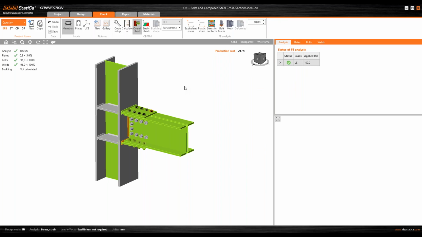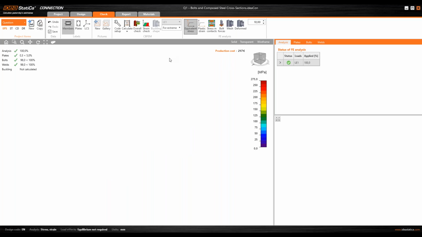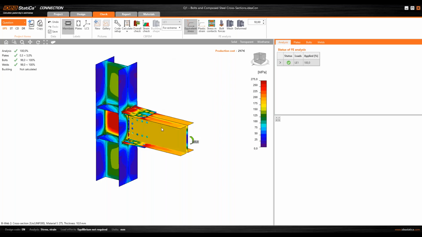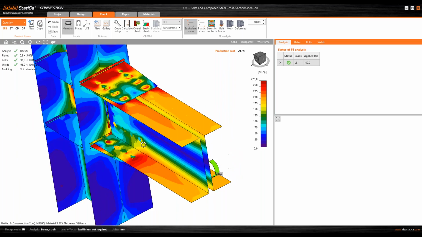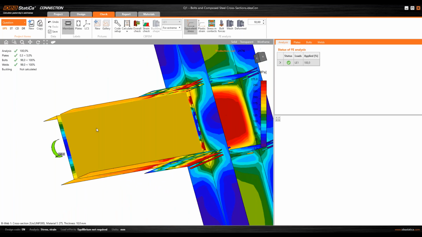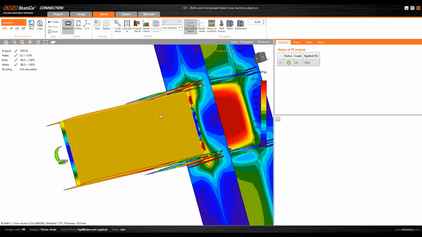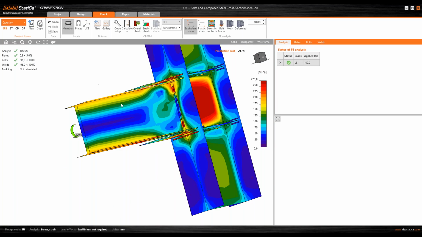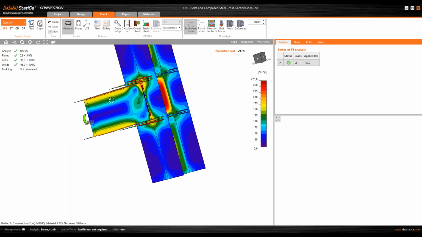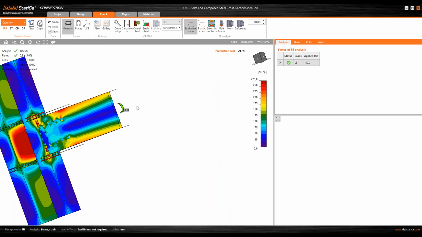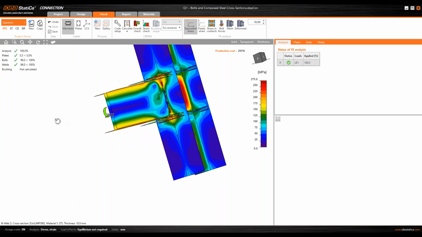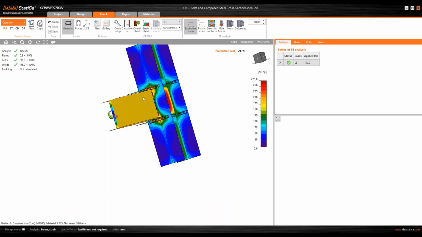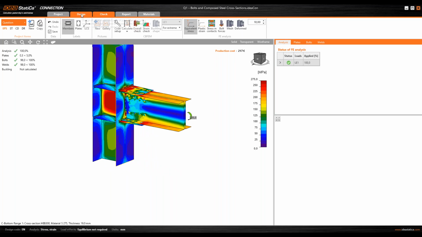the results. And in this case, it's very interesting when we check the equivalent stress and we move through the connections. We have some surprise here. What is happening here? Why this plate has no holes, and of course, why we are not obtaining the same stress distribution because the connection is perfectly symmetric. This is because